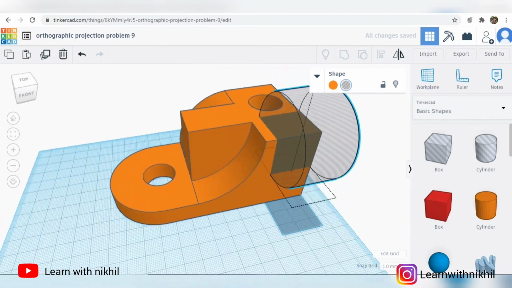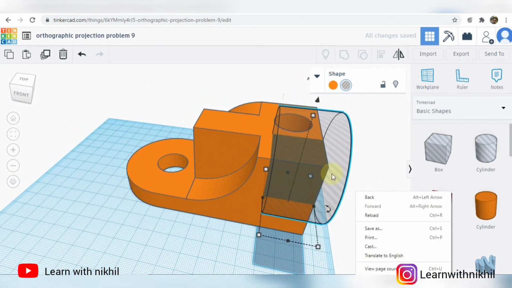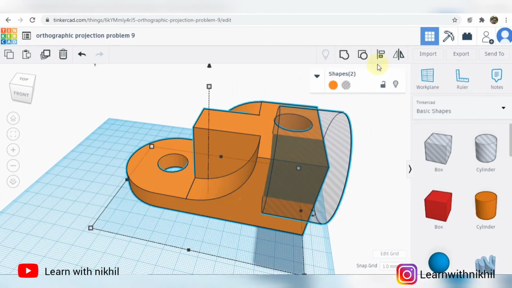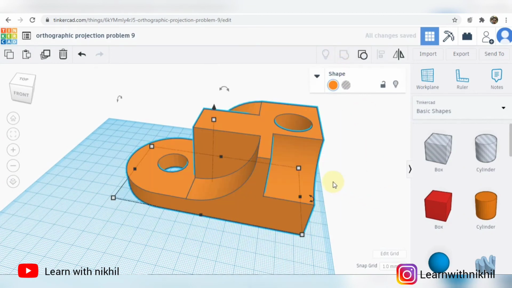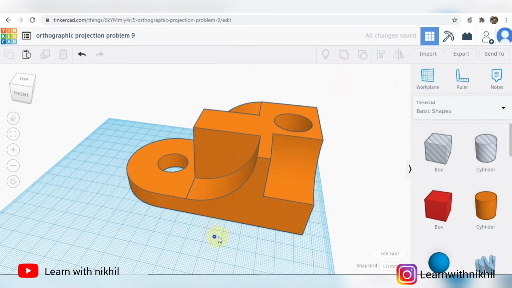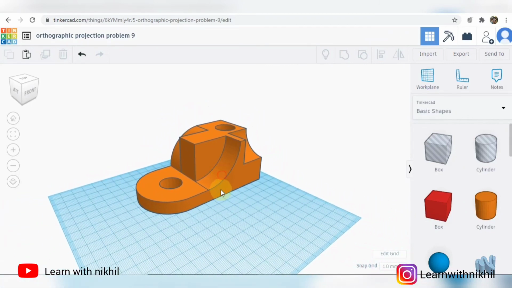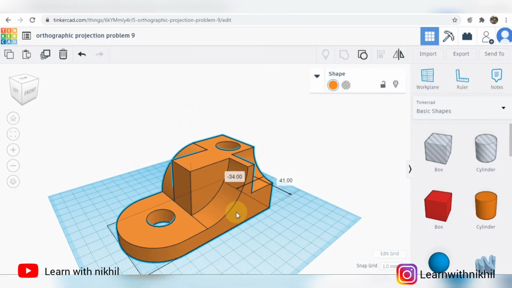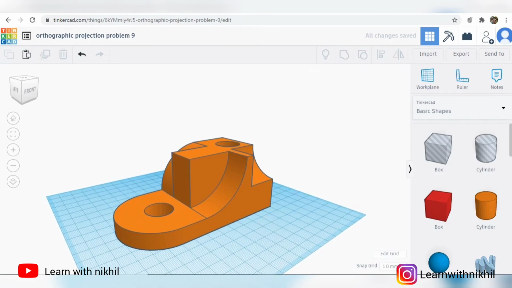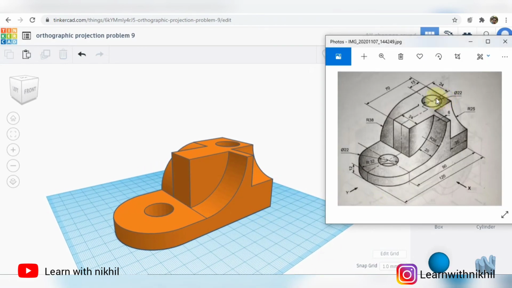As the total height is 50, we have moved this up to a height of 25. Now grouping will cut this part. Now with this our whole diagram has been drawn perfectly the way we wanted. The more you practice, the more smoothly and effectively you will be able to do it. All these slots have been drawn.